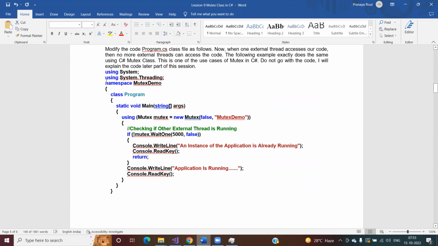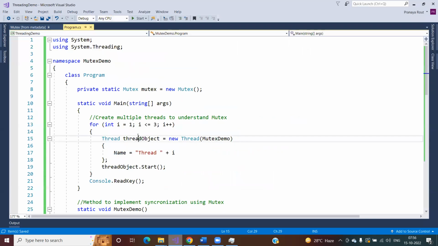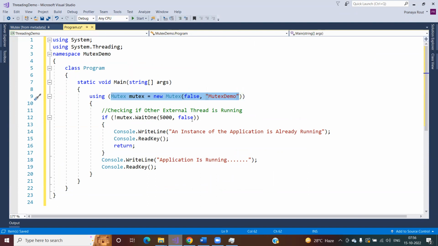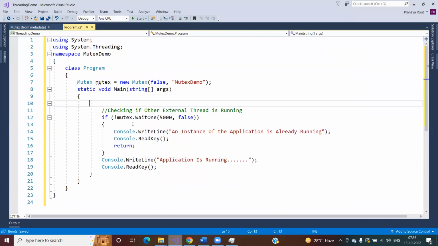But this if condition is confusing a little bit. I'm not sure. So mutex.WaitOne, you are negating it, and then you have to write some sort of logic to exit your application now. If you are not writing code to exit, then how will you handle this? So in this case, let me copy this one, and let me create this object separately, the way we are creating it, and here,